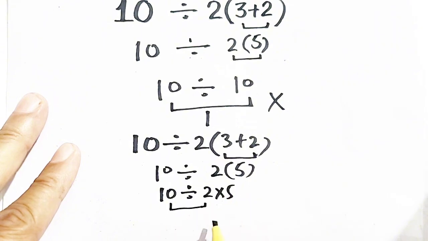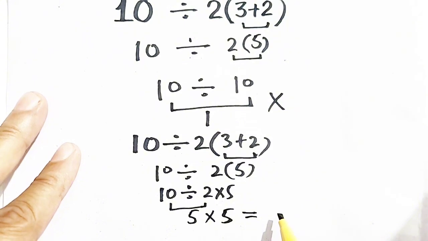So first of all we have to perform the division. 10 divided by 2 will be equal to 5, times 5. So 5 times 5 will be equal to